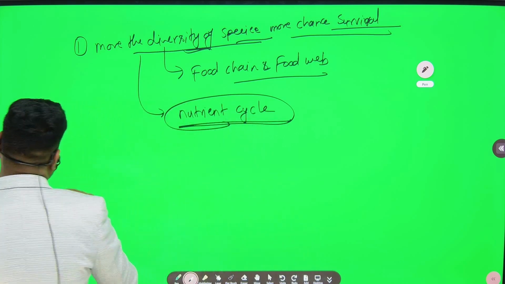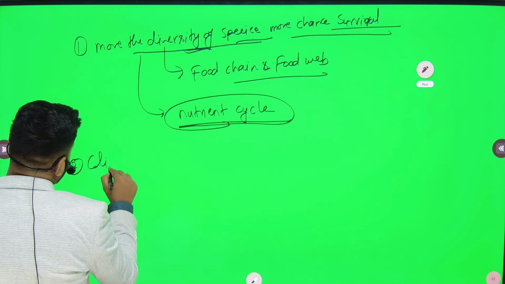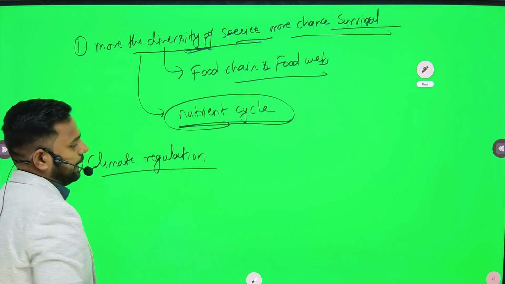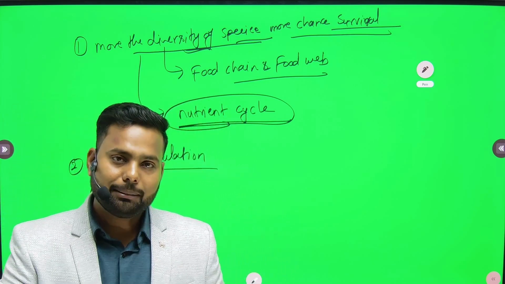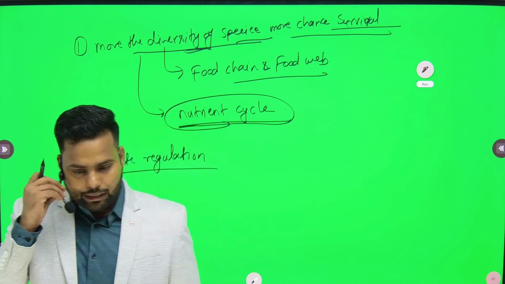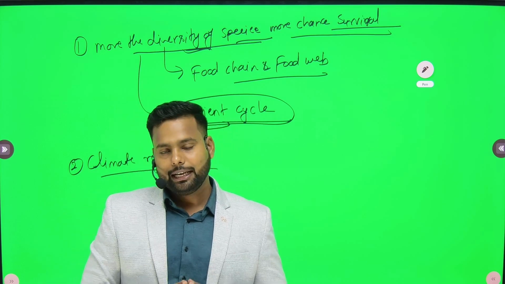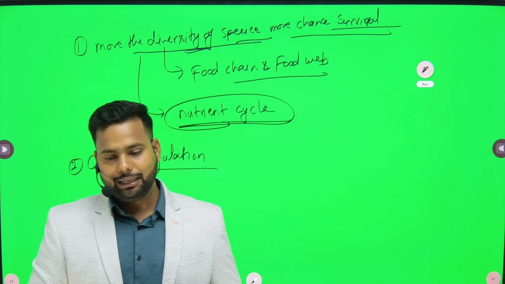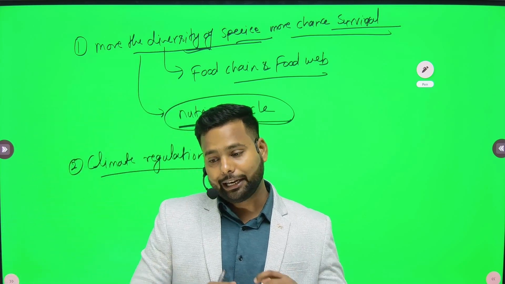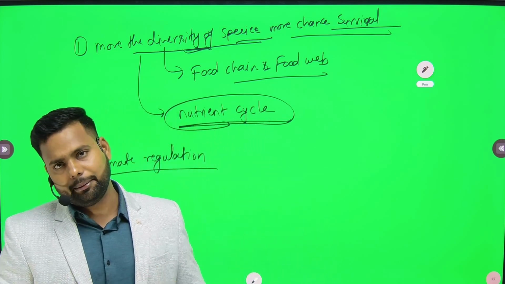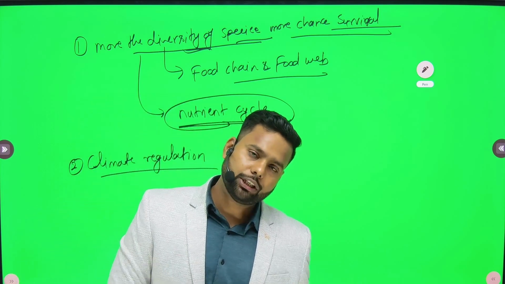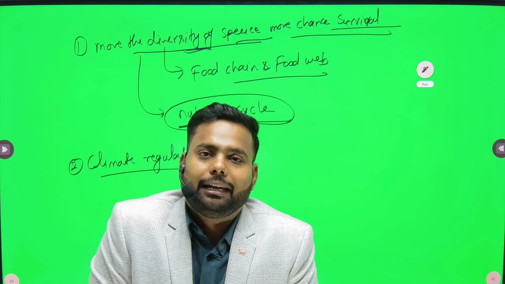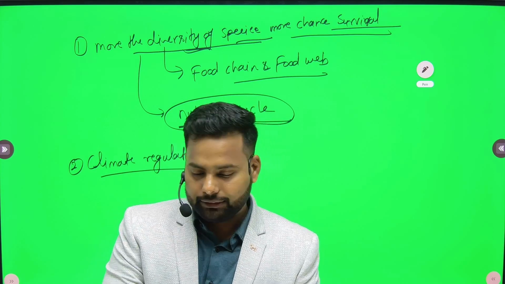उसके साथ साथ क्या हो सकता है, क्लाइमेट रेगुलेशन। व्हाट इज द मीन्स ऑफ क्लाइमेट रेगुलेशन, क्या मतलब होता है क्लाइमेट रेगुलेशन का? इसका मतलब है कि डाइवर्स फॉरेस्ट जो है, या हम इस तरीके से कह लेंगे डाइवर्स फॉरेस्ट एंड ओशन स्टोर कार्बन, ठीक, डाइवर्स फॉरेस्ट एंड ओशन स्टोर कार्बन एंड हेल्पिंग टू रिड्यूस एंड रेगुलेट द अर्थ क्लाइमेट। तो मोर द नंबर ऑफ डाइवर्सिटी इन द ओशन, more the chance of climate adjustment by the earth and it can help in the ecological balance।